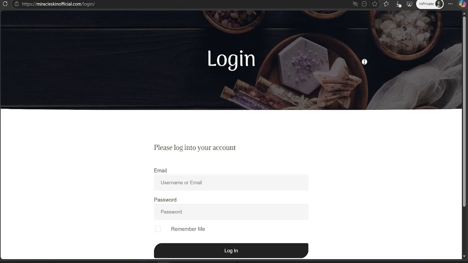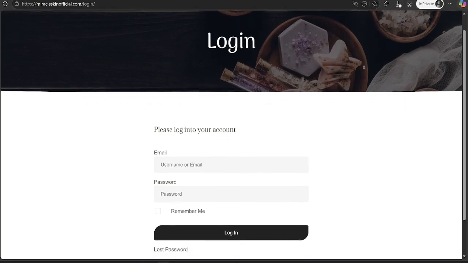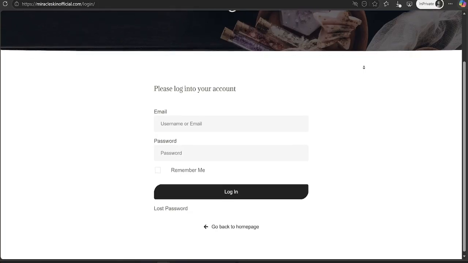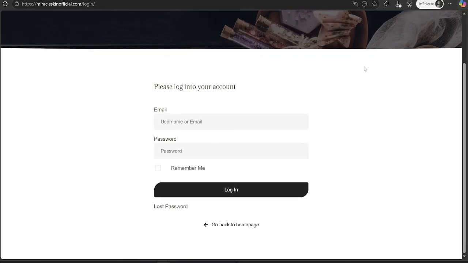In today's tutorial, I want to show you guys how to create a custom login page for your WordPress website. Now in this tutorial, we will be using a Pro plugin, which will be the Plus add-ons for Elementor, and